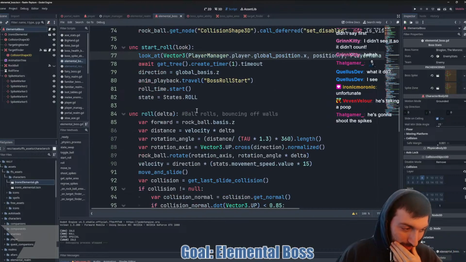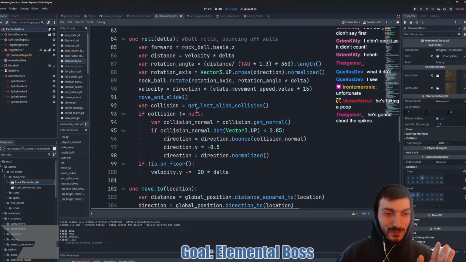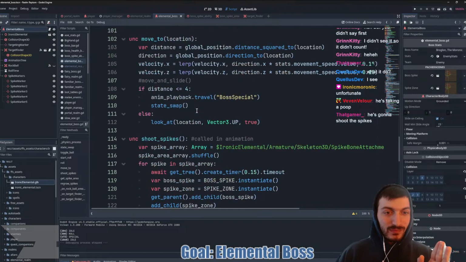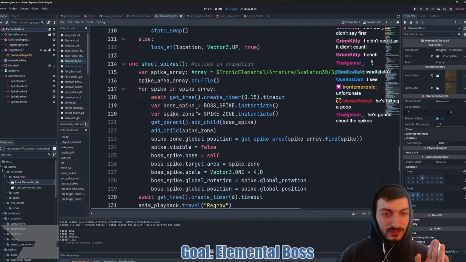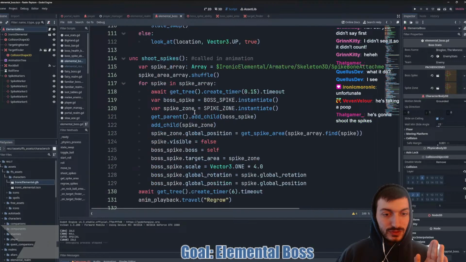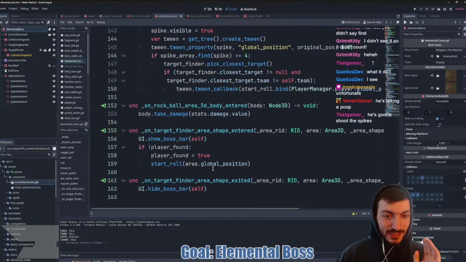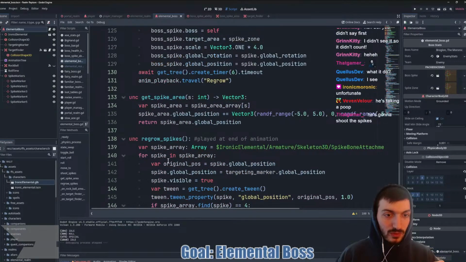So, all right. Let's take it one step at a time. First thing that happens is we start rolling towards the area's global position, the area that collides with it, which is us. Then start roll.